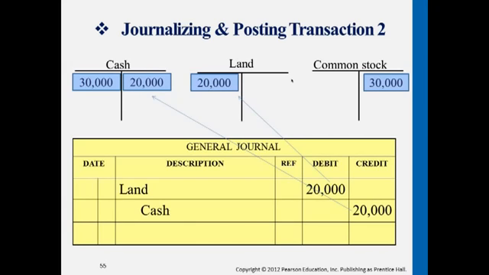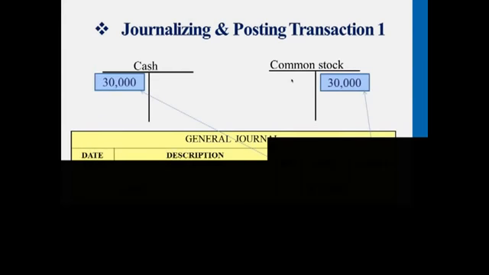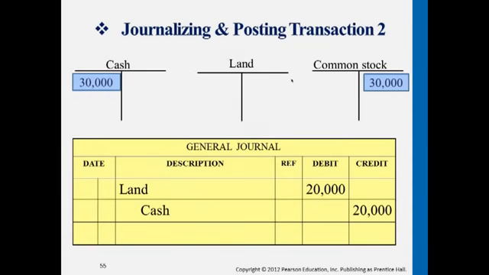Okay, so you see cash account capturing the transactions we had earlier. Common stock, we increased cash $30,000, and now we're reducing cash by $20,000. Okay, so when you look at the T account over there under cash, if I don't tell you what has been going on in the journal entries, you should be able to identify that the left side represents earlier the corporation received $30,000. The right side represents later on the corporation paid out $20,000 in exchange for